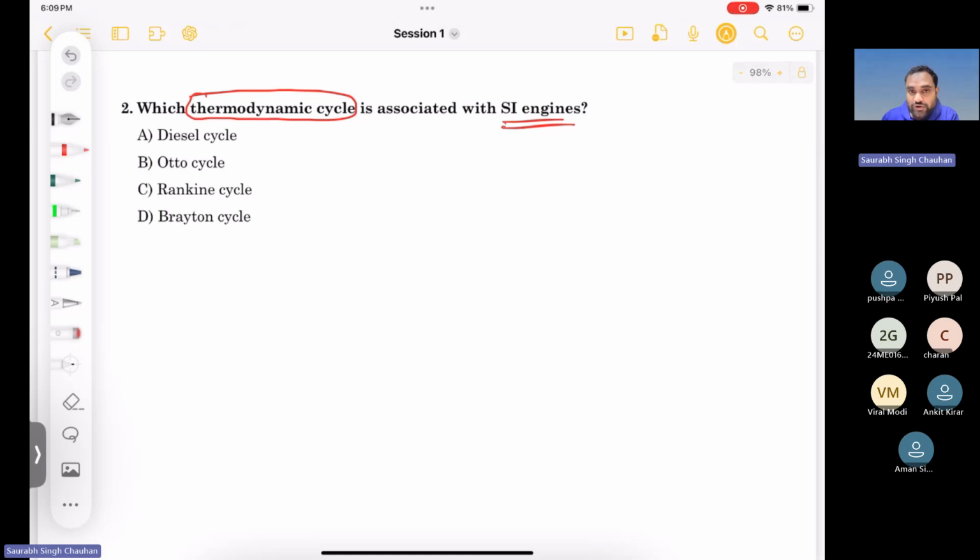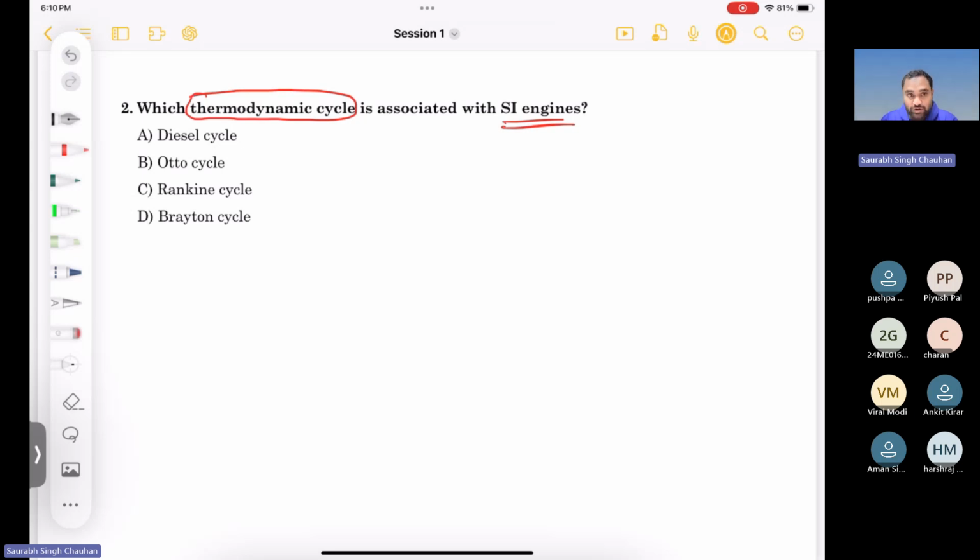But since temperature, pressure, and volume, all these thermodynamic parameters are continuously changing in your engines, the analysis becomes very difficult. So what we do, we assume some ideal cycles, some air standard cycles, so that we can compare what we are getting from air standard cycle and what we are getting in the actual case. In the ideal conditions you get the maximum efficiency, and in the actual case there are a lot of losses and you get less efficiency. So for making your calculations easy, just to get a rough estimate and just for comparison, you use some air standard cycles or thermodynamic cycles.